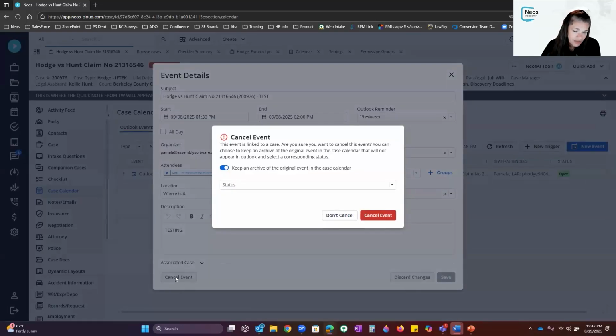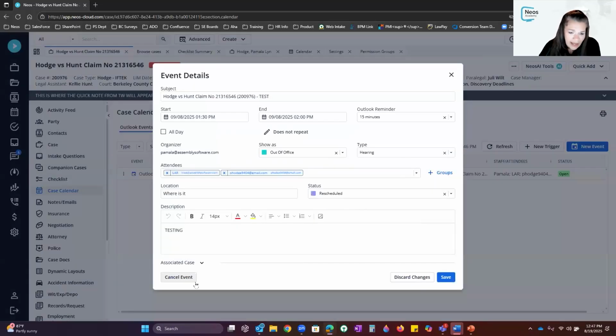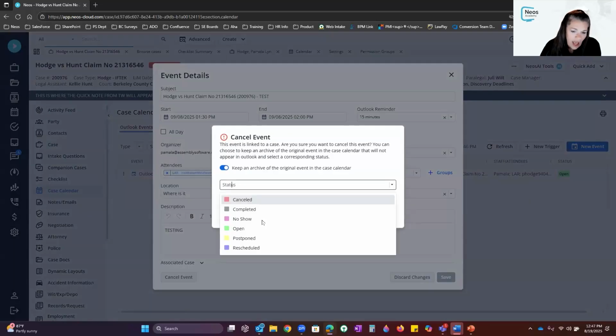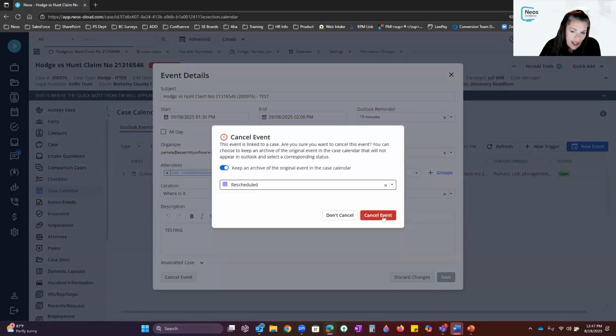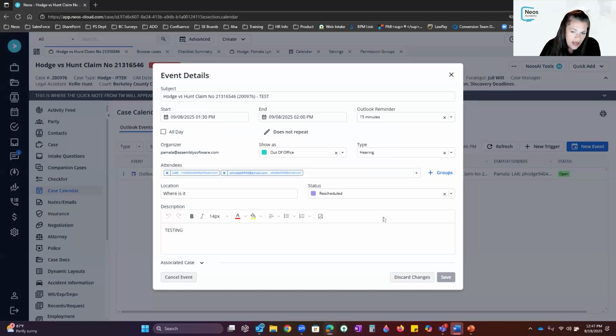So if I hit cancel, this event is linked to a case. Are you sure you want to cancel it? You can choose and keep an archive of the original. So if it's truly canceled, I would want to keep it. I can choose that it was canceled, and then I can hit cancel event. But let's just say that this event has been canceled because it's been rescheduled. So right here, if I say reschedule, cancel event, I can say reschedule and then hit cancel event, and it